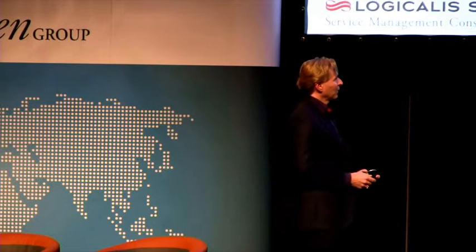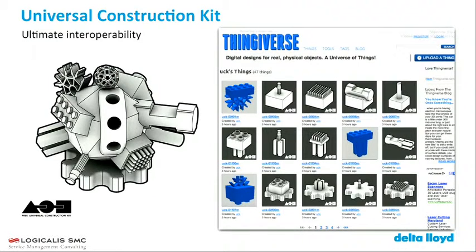Now, so what we need is this. It's the universal construction kit. And IT4IT is that kit, right? It's maybe not on the lowest level as Lars was explaining, but this is what we are targeting for. And this is then the Thingiverse. I'm not sure if you know Thingiverse, but I have a 3D printer at home. So I can print, like, if I want a connector for Knex and Lego, I can print it, and then I can connect the elements. And for IT4IT, we're looking at the same capabilities, that we have a portal, let's say,